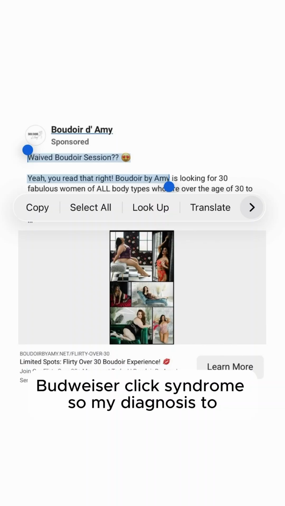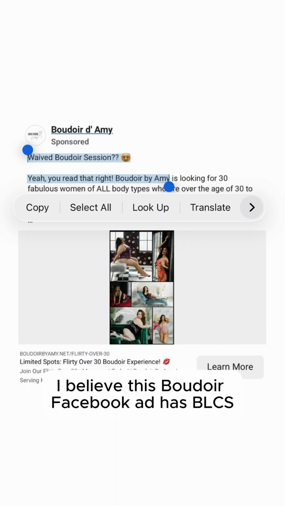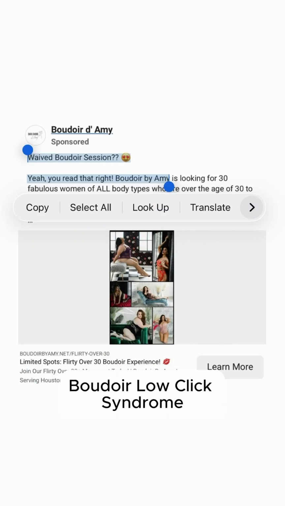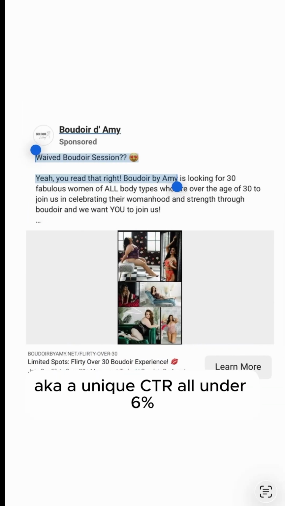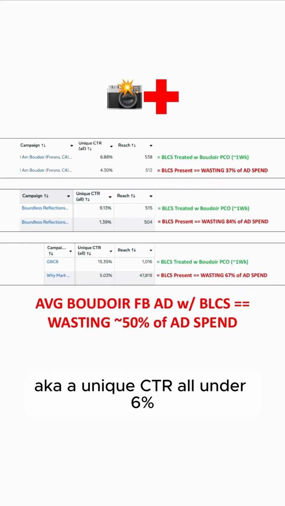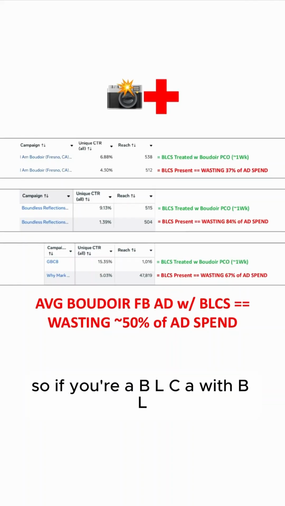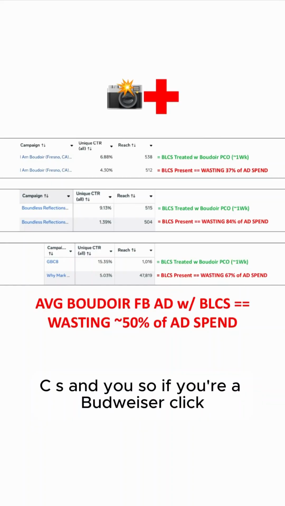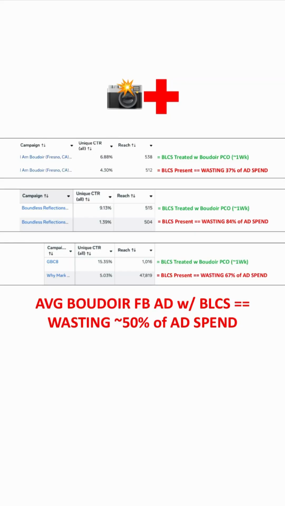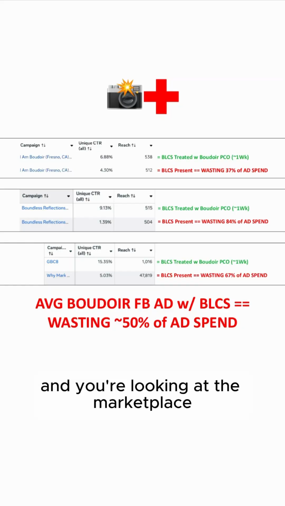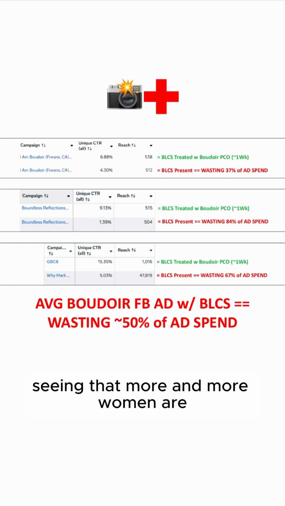So my diagnosis: do I believe this Boudoir Facebook ad has BLCS, Boudoir low click syndrome, aka a unique CTR all under 6%? Yes, I do. I believe BLCS is present in this one. So if you're a Boudoir low click advertiser with Boudoir low click syndrome, and you're spending more than 10 grand a month on Boudoir Facebook ads, and you're looking at the marketplace seeing that more and more women are